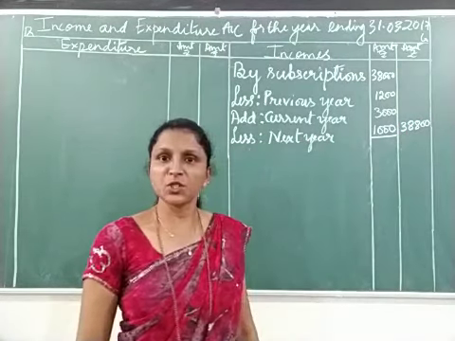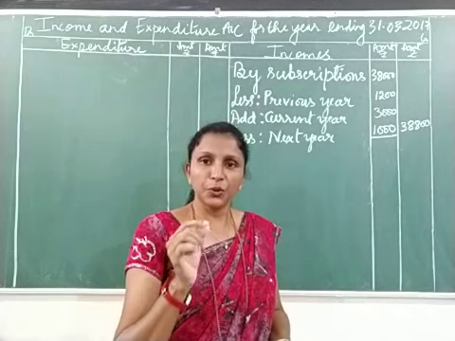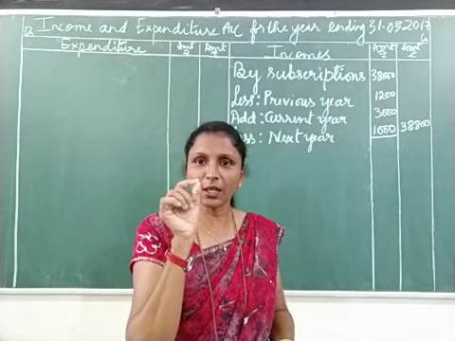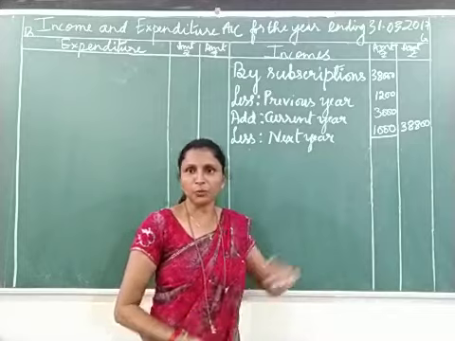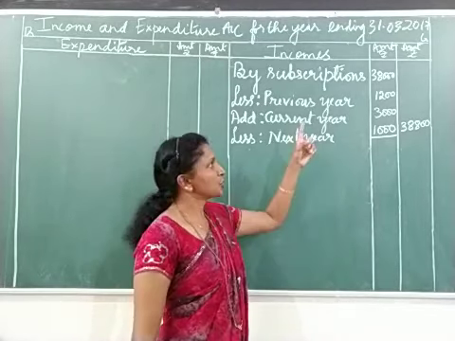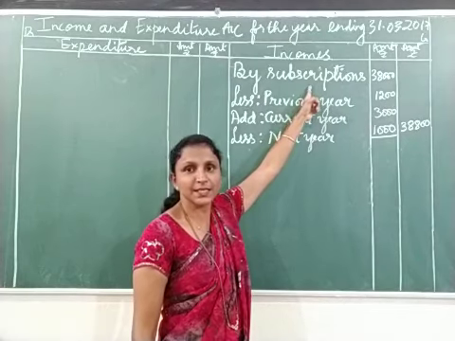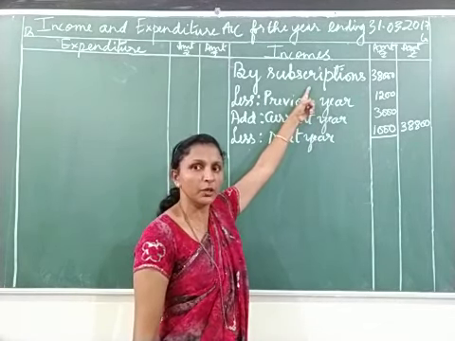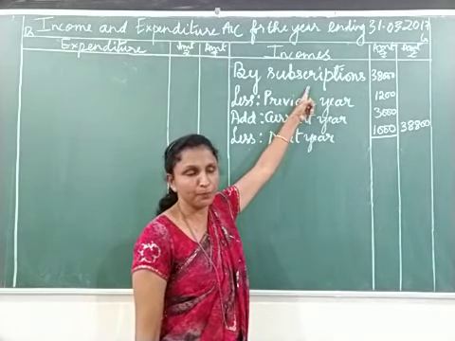So one item is over. Now what we have to do is, with your pen or pencil, put small tick marks wherever you have taken the item from. So first, the subscription, which you took from the receipts and payments account. There you put a small tick mark. That item is over, because next time we are not touching that item again.